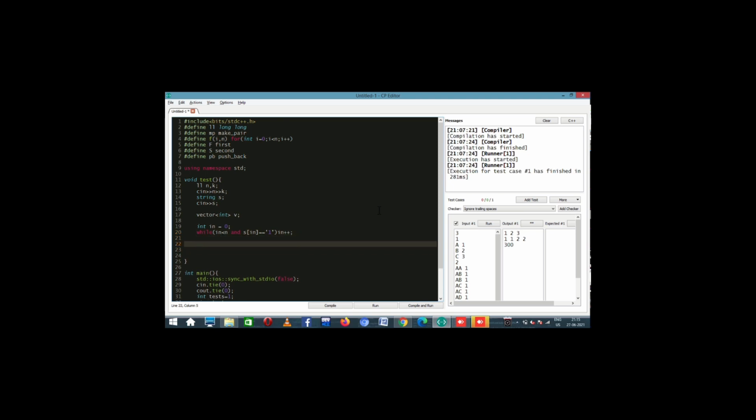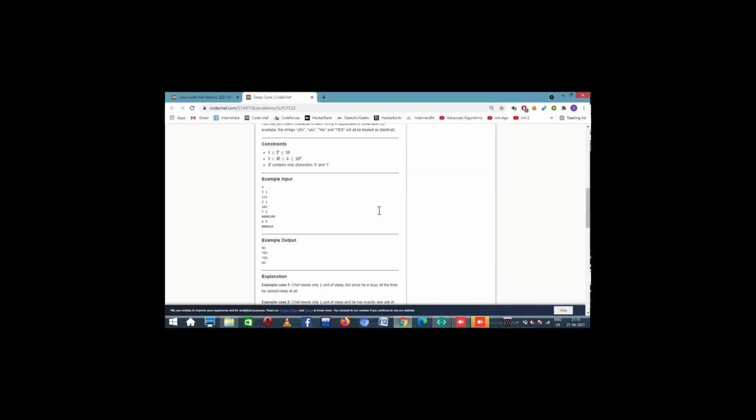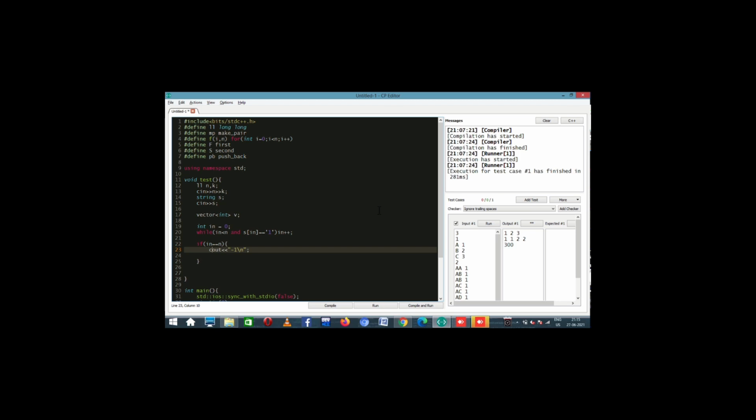Now if there is no 0 at all, so if index is equal to n, that means there was no sleeping type at all. What happens in those cases? We already know the answer, like you can't really sleep, right? I think we need to print a no, not -1, we need to print a no, and we can say return after this. That's not a problem, right?